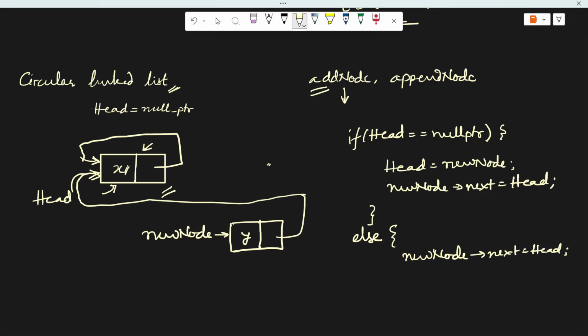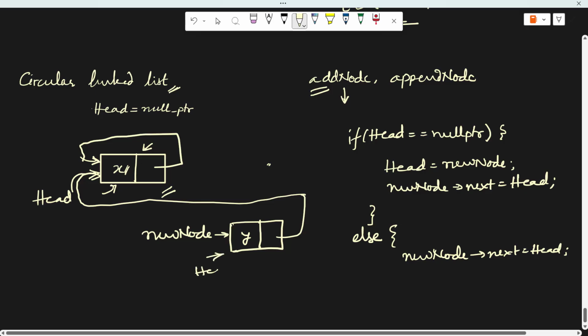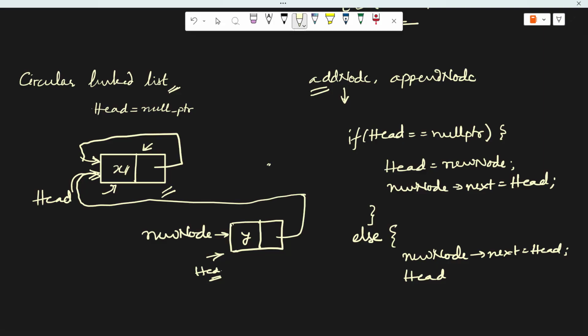So before we set head here, what should happen? Head arrow next. In fact, this is the only node in the linked list, so you can use head arrow next, make it point to new node,